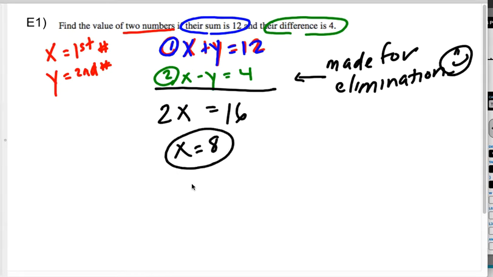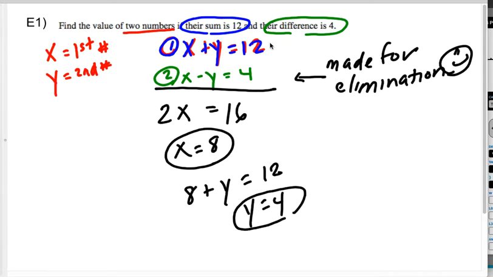When I plug in x is 8, I'm going to plug into the first one. 8 plus y is 12. Seems to me that y is 4. And you can verify that if you do 8 plus 4, you get 12, and 8 minus 4, you get 4. So then the last thing I want to do is make sure that I answer the question